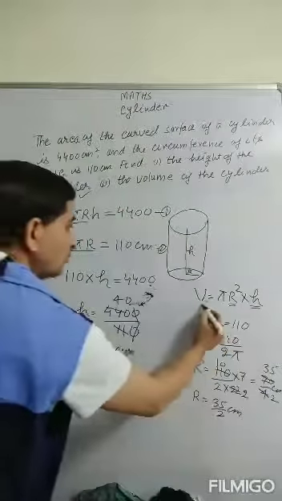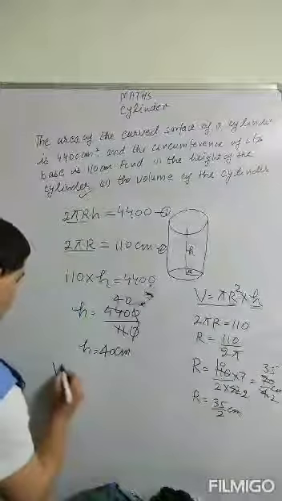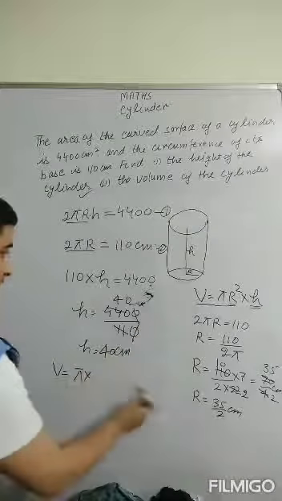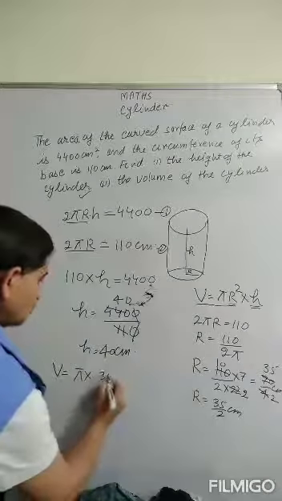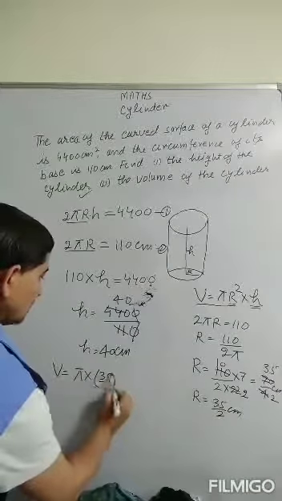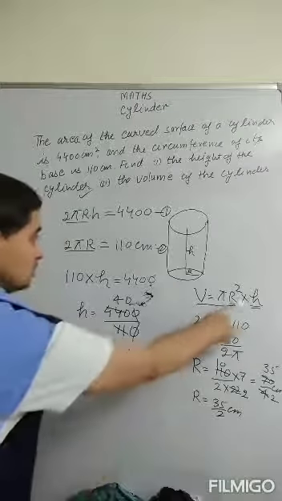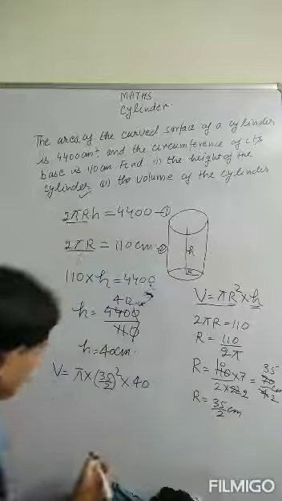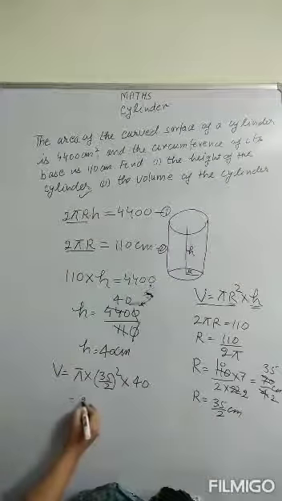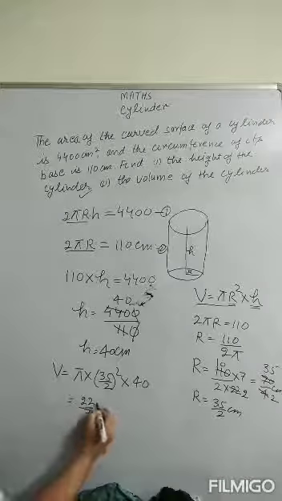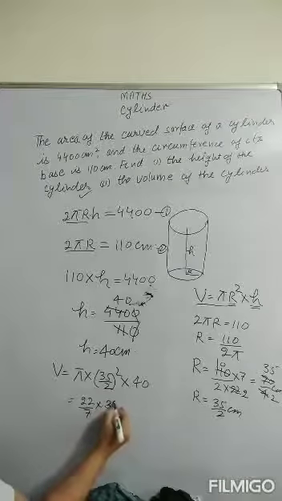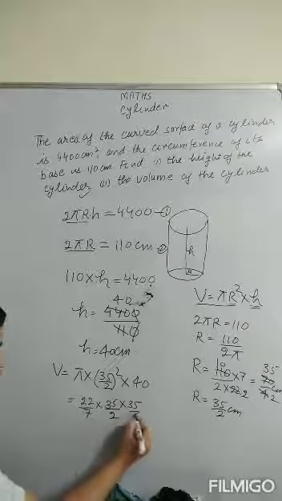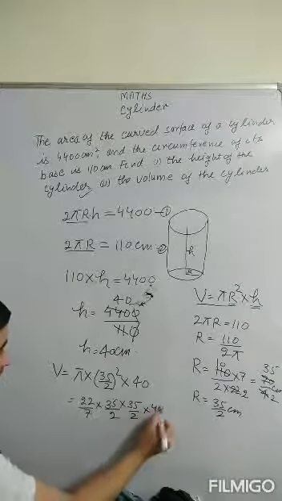Now volume, the formula for volume is this. Now you calculate volume. It is pi into r square. How much is r? 35 upon 2. The square of it into h. How much is h? You have calculated 40. Got it? Now in place of pi, write 22 upon 7. Square it is 35 into 35 upon 2 into 2 into 40.